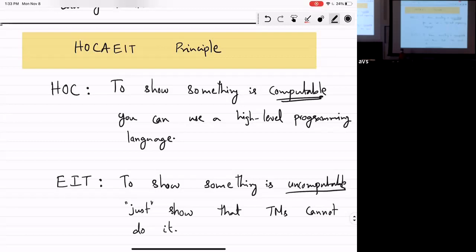Okay. So in some sense, if you want to come up with an upper bound saying that, okay, I can solve this problem on the computer, I can use all the power, Python, hash maps, dictionaries, random indexing and everything, right? But if you want to show an impossibility result, it's much harder to show the impossibility result for all these additional features you can imagine, right? But we know because of Church-Turing thesis that it suffices to just show that a Turing machine cannot do it. Okay? Any questions about this?